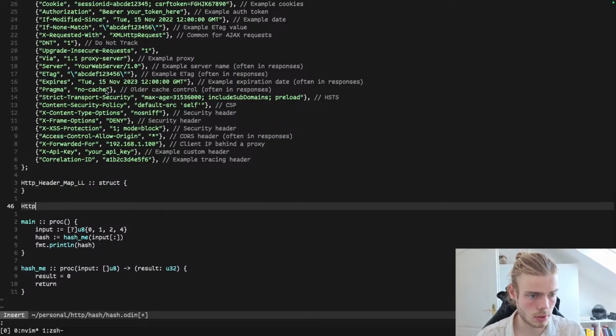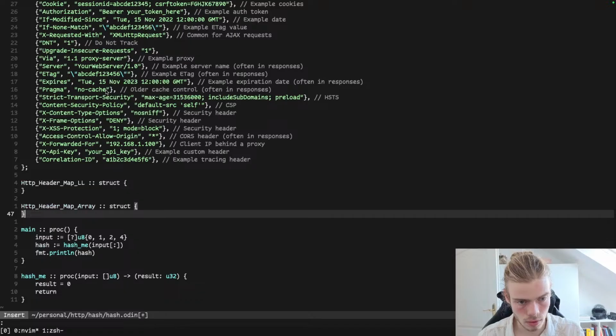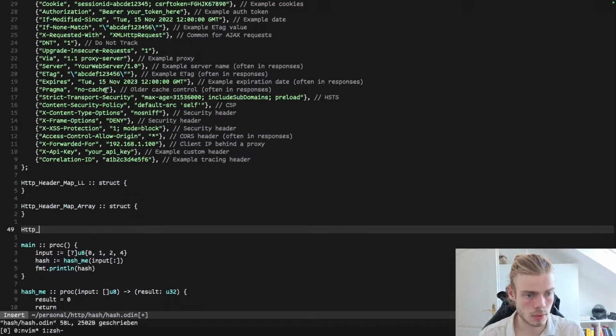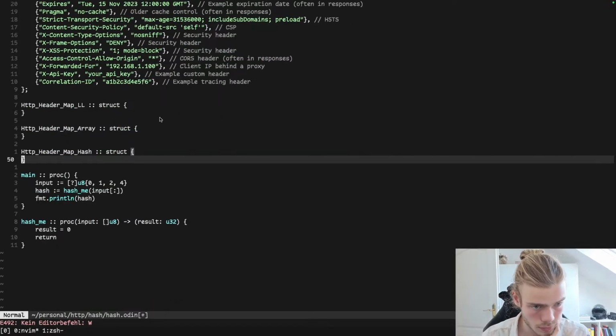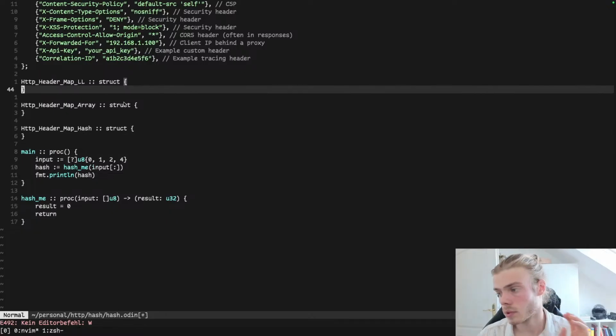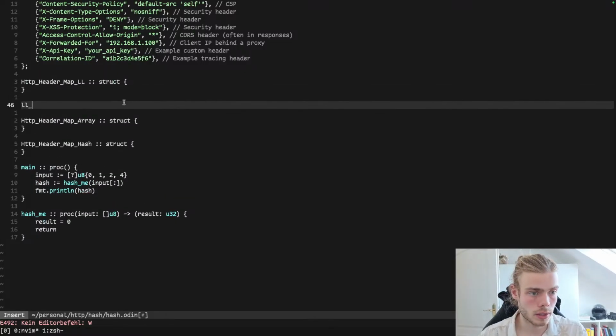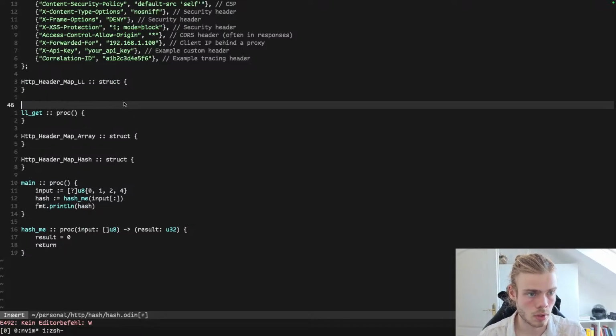Then HTTP header map array. HTTP header map hash. Okay. Then we have LL get and LL insert or